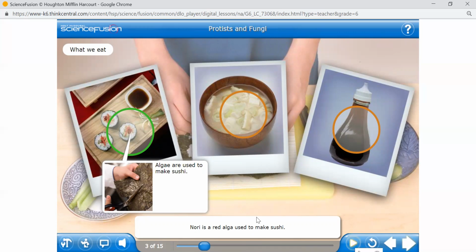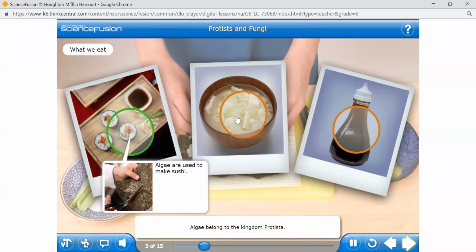You know sushi? It's made. Yeah, I love sushi. Mommy, I don't like that sushi. Sushi, it's made up of what? Maybe now when you hear that it's made from algae, you will say you don't like it. I don't like sushi.